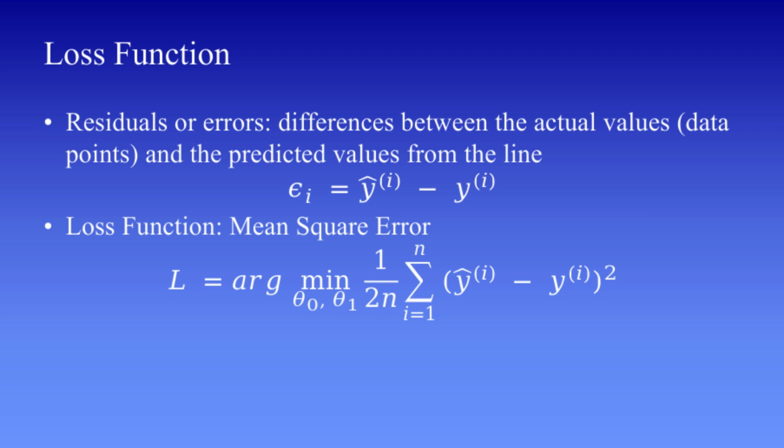So, you can think of it like this. The model makes predictions. The loss function measures how wrong those predictions are. And the learning process tries to reduce this error as much as possible. A smaller loss value indicates a better model. In summary, the loss function acts as a feedback mechanism. It guides the model toward better accuracy by continuously measuring and reducing prediction errors.